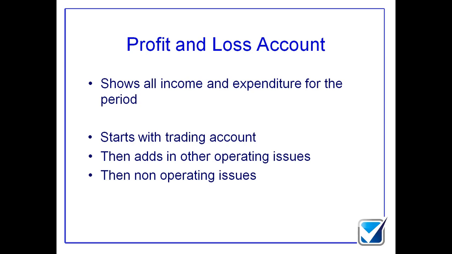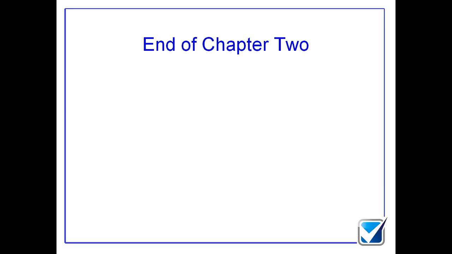What we're trying to do there is protect other external people. So we're trying to protect creditors, people that we owe money to. We need to make sure that we can't just give all of our money away without keeping some back to pay these people off. Okay, does that make sense? Are we happy with that so far then, guys? Fantastic. Right, that brings us up to the end of chapter number 2.